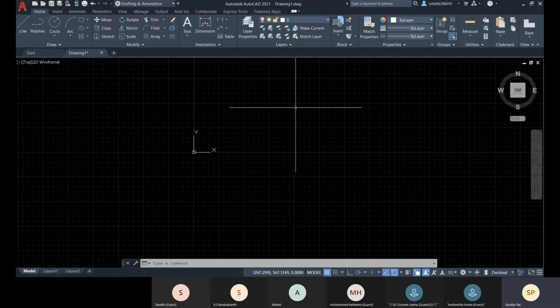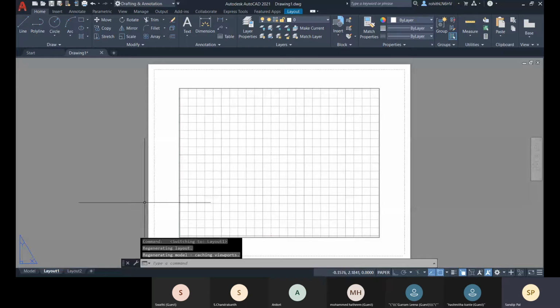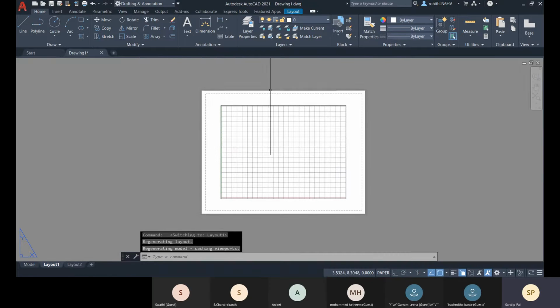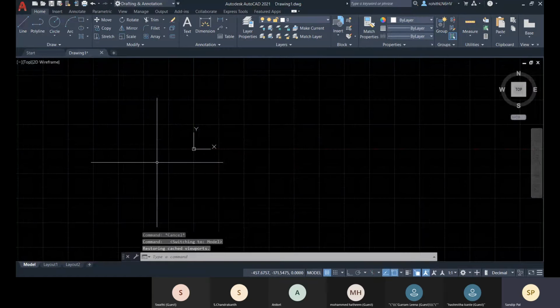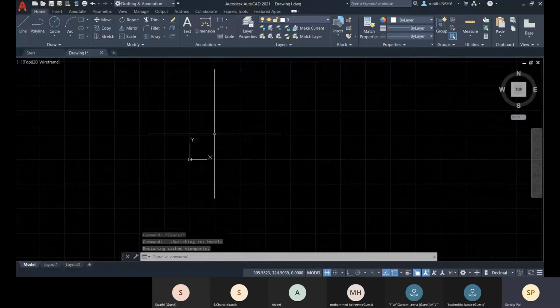And if you want a finite area, for that you have this paper space. As per your paper length and width, the area will be defined. That is your paper space. So the paper space is for setting all the work within your sheet for making it ready to print. And model space is where you generally work, draw, or create your model.